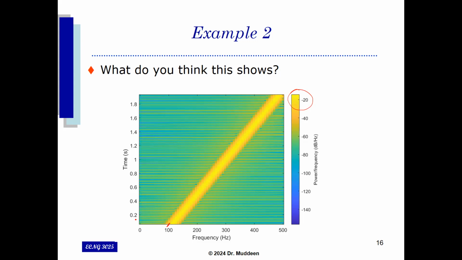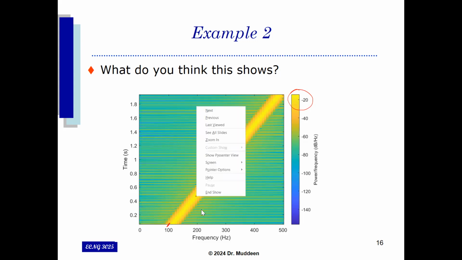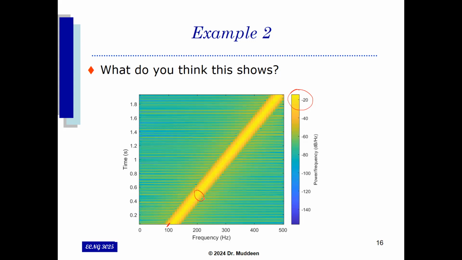about 100 hertz. At time equal to, let's see, we'll draw this, at time equal to about 0.5, we have 200 hertz. Right, at 300, it looks like about 0.9. And in fact, if I were to just connect this, going right through the middle, the brightest parts of the signal, what it seems to be is that the gradient of the slope, frequency over time,